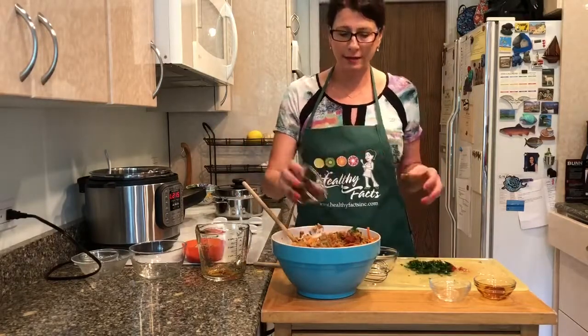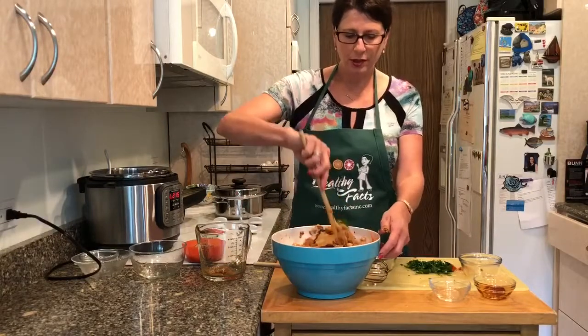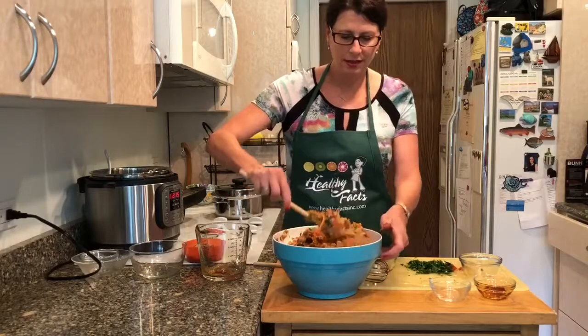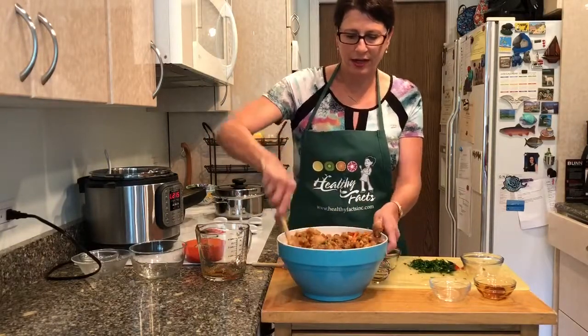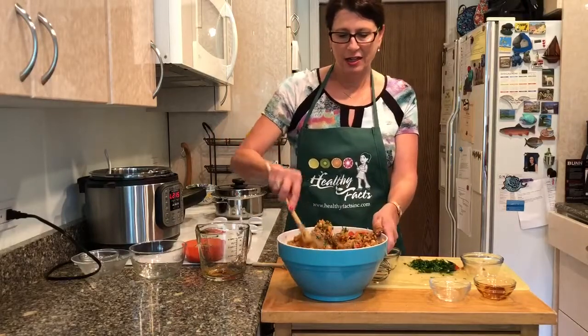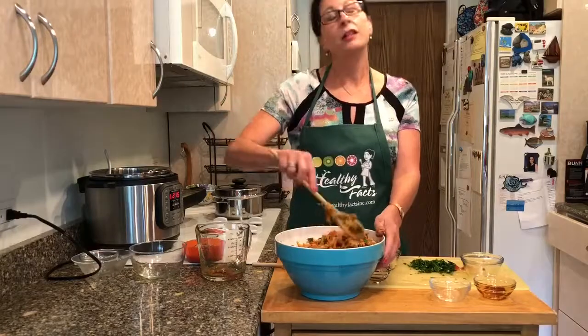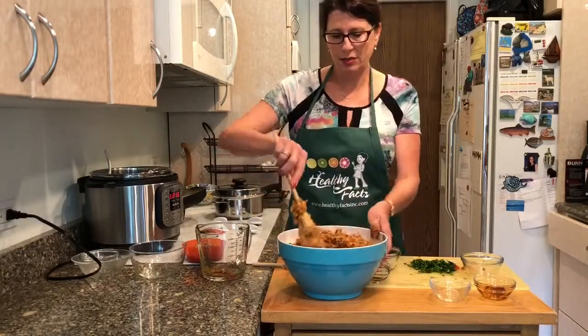I also got these nice natural olives from the health food store. You can look for the kind that are natural. Olives add a wonderful flavor and a tanginess and some of the good fat that we're looking for, without the processed fat that, at least for me at home, I'm trying to avoid. In restaurants it is so much harder, but